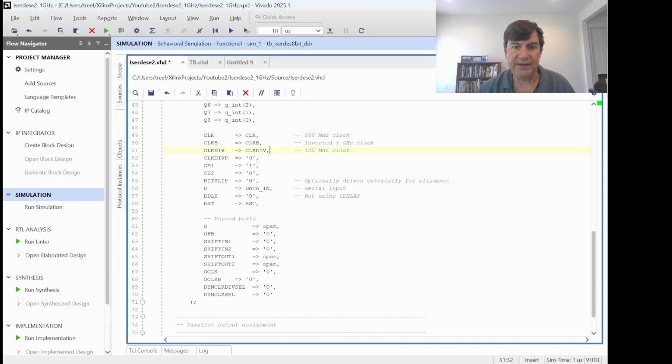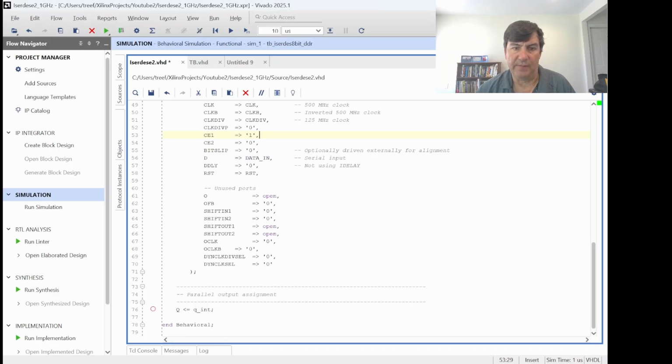And the divided clock is 125 megahertz. The serial clock has a complement, clock B, which is the inverted 500 megahertz clock. Data in is the serial input. This Serdes,